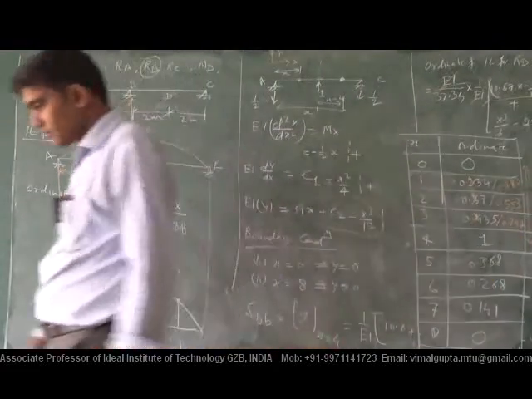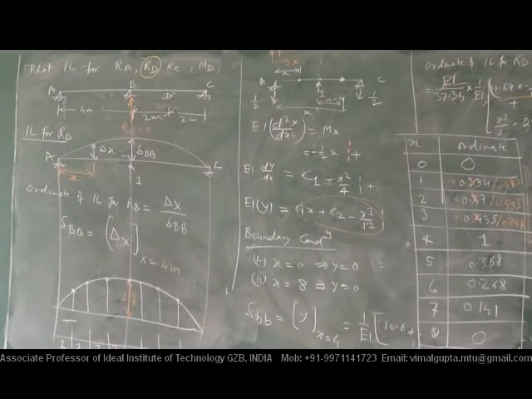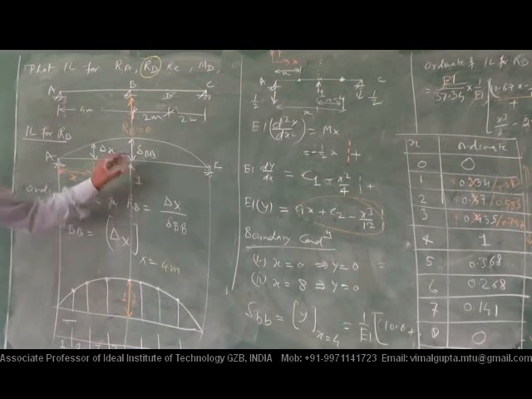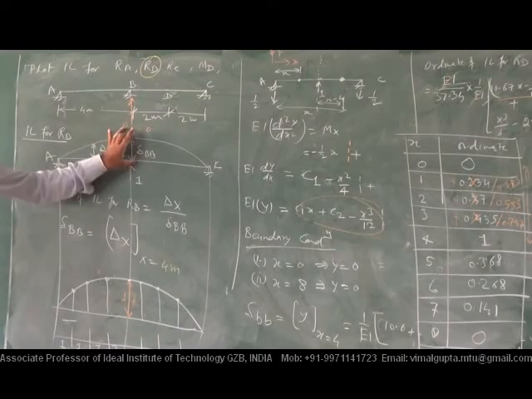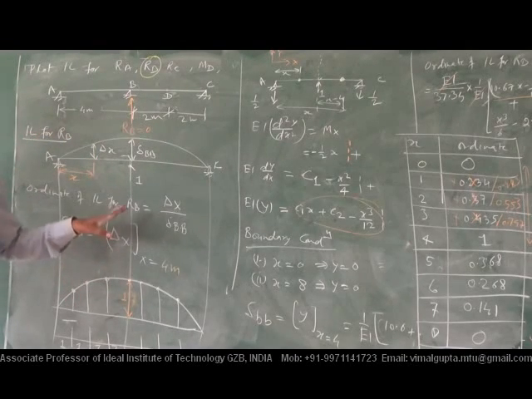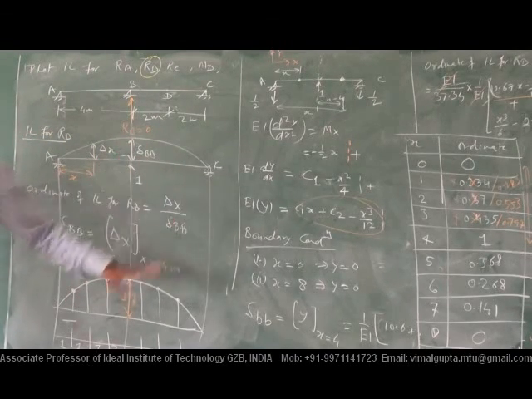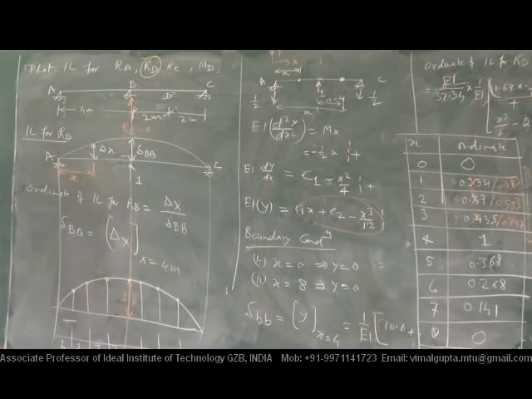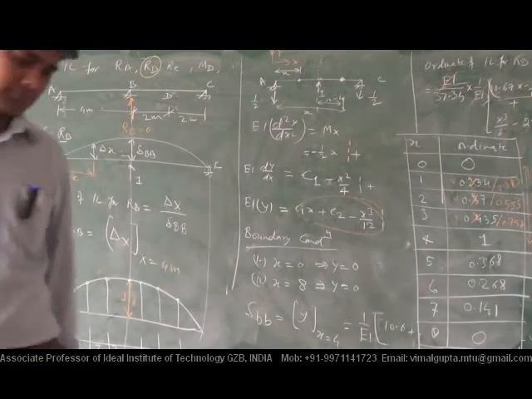So this is the procedure for calculating the ordinate of the IL for an indeterminate type of beam. It's very simple, not difficult. What you have to do is apply the unit load, find the deflection under that point, and simply apply Macaulay's method and divide. It's very simple. Okay, thank you for today.